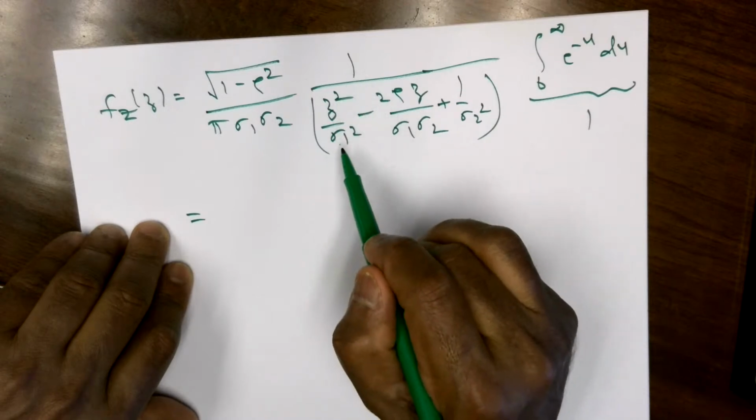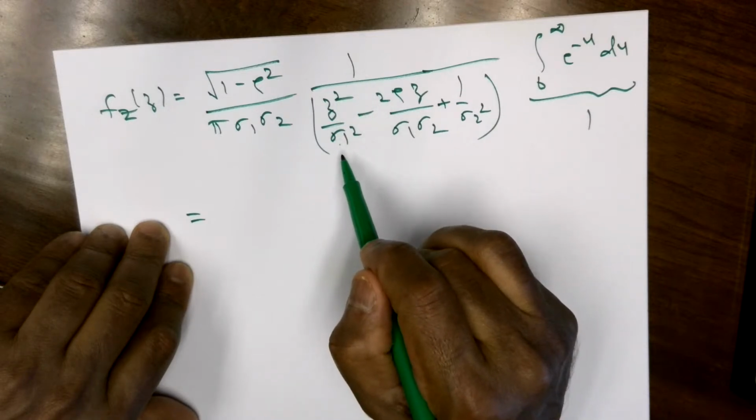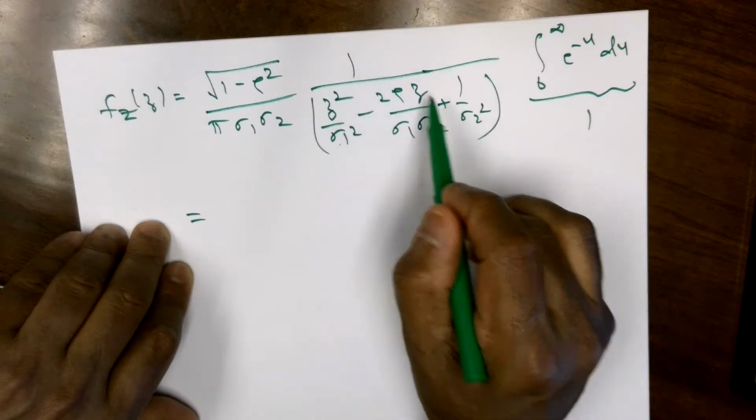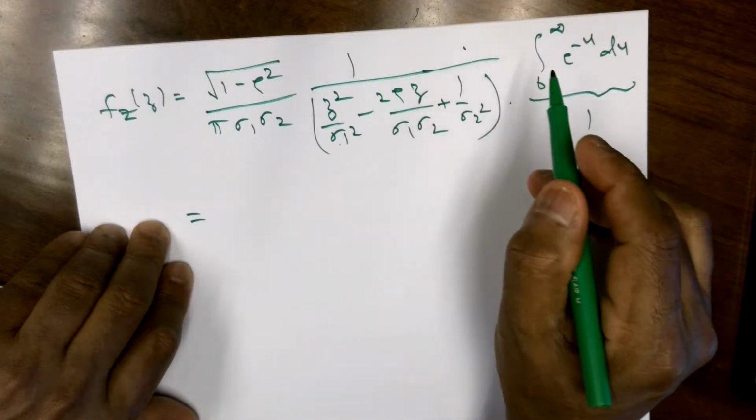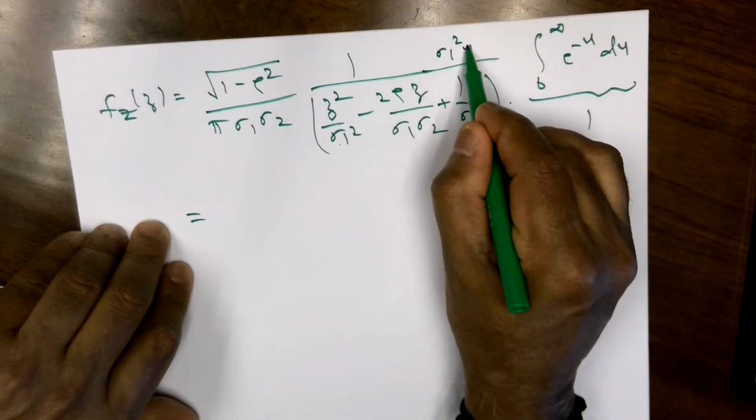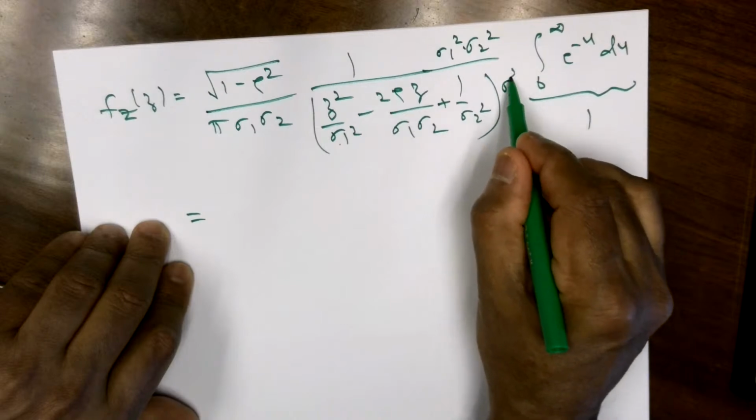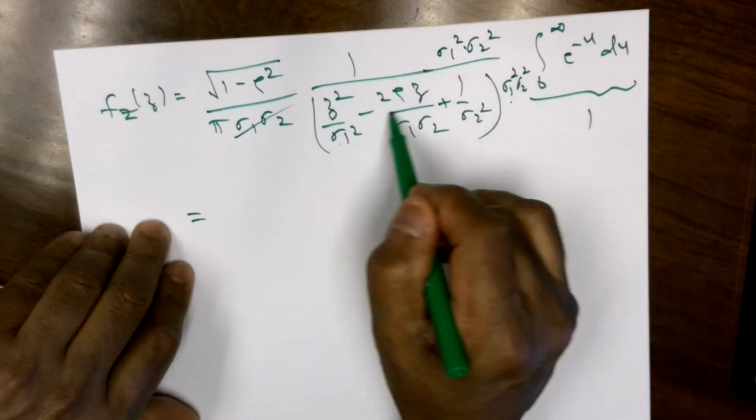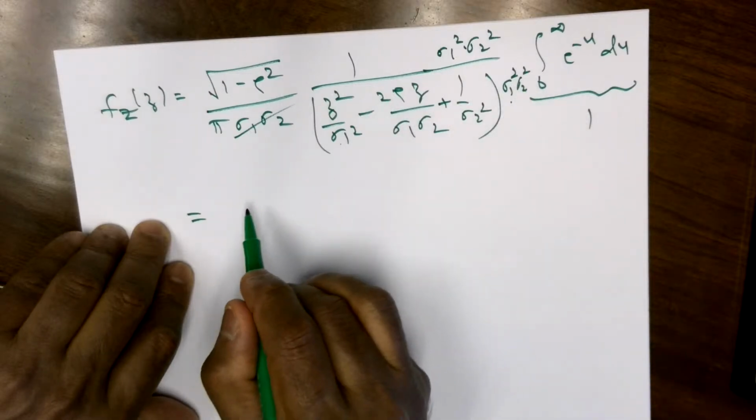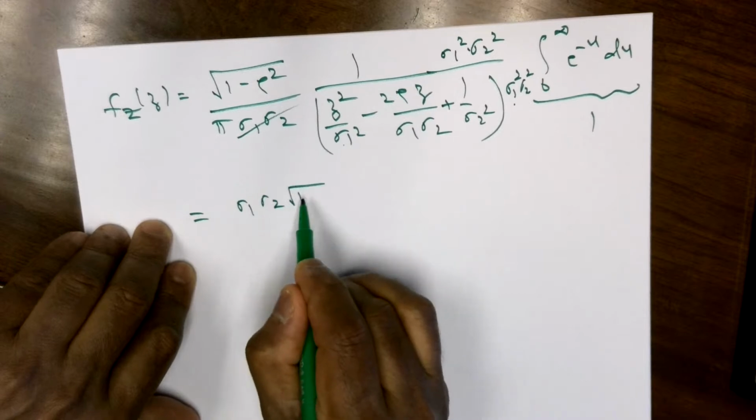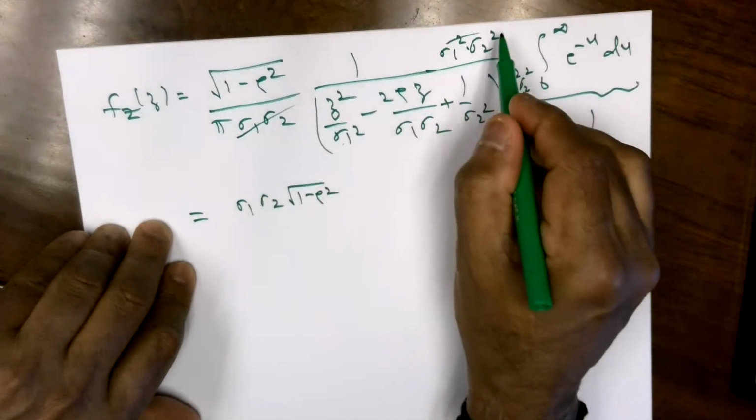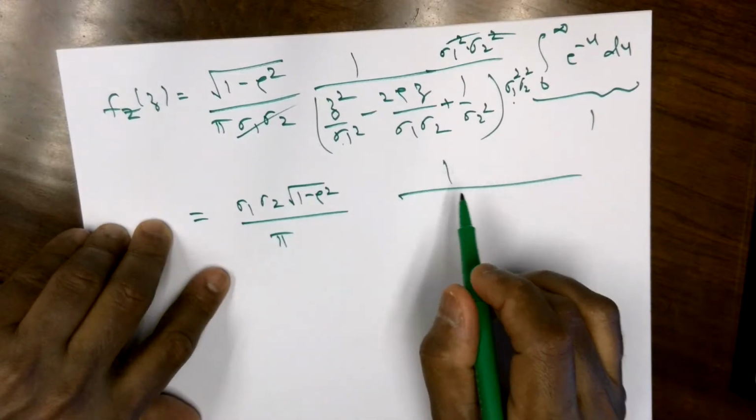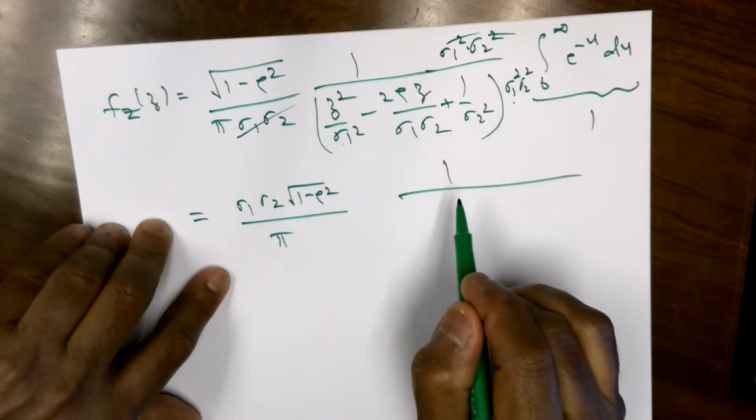So I'm going to multiply by sigma 1 squared, sigma 2 squared, numerator and denominator. So I'm going to multiply sigma 1 squared, sigma 2 squared here, so that sigma 1, sigma 2 goes away. And I have sigma 1, sigma 2 square root of 1 minus rho squared, because one power goes away, divided by pi. Then I have here, once this comes inside,